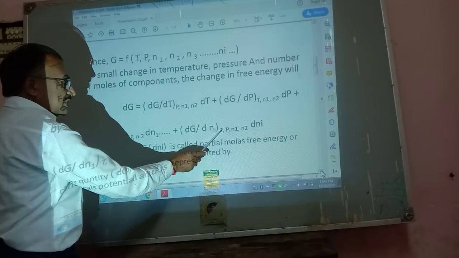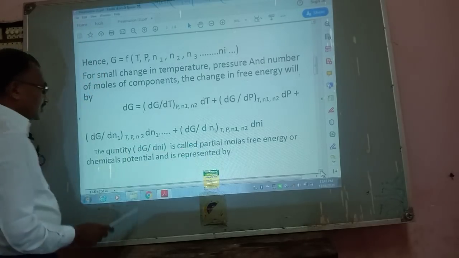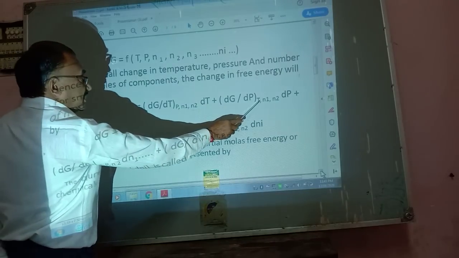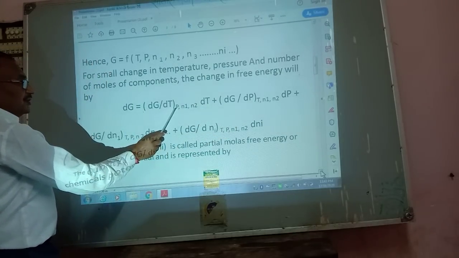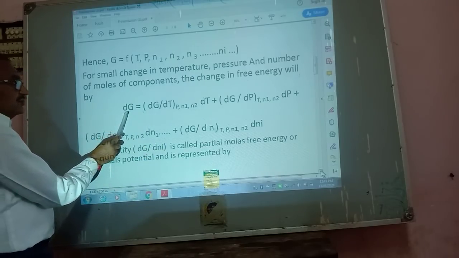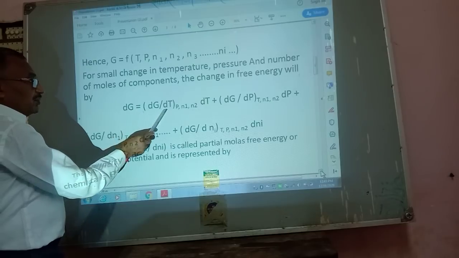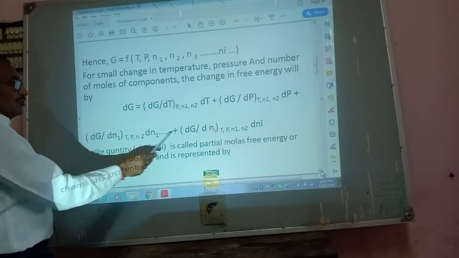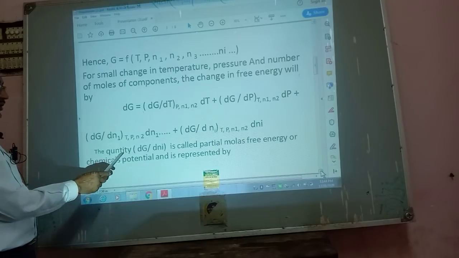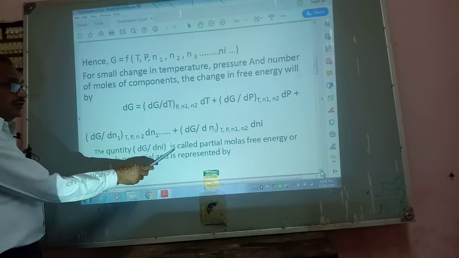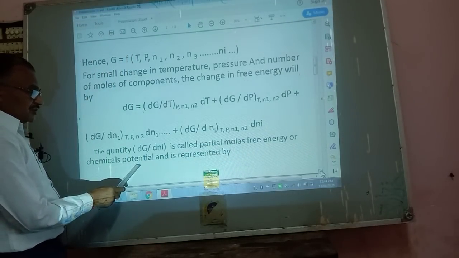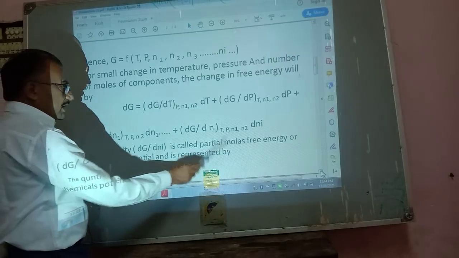Here N1 remains constant, here pressure remains constant, and here temperature remains constant. This is the change in free energy with respect to temperature, pressure and number of moles of various components. Now the quantity dG upon dNi is called partial molar free energy or chemical potential, and it is represented by